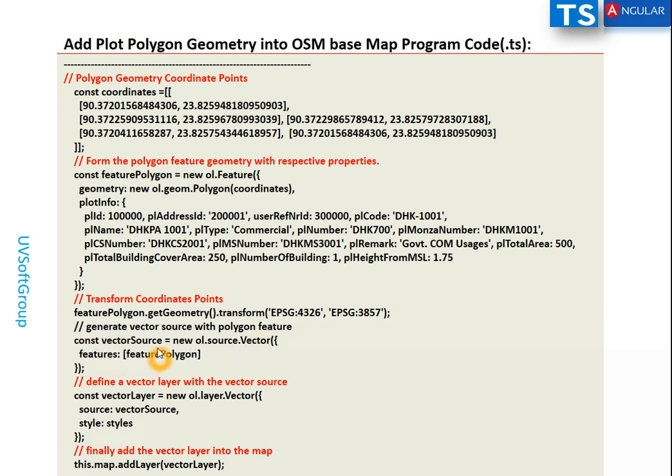I add the features, meaning this is the feature. I have a geometry and my own custom models. So the definition of vector layers with the vector sources, you see that it's clear, and finally add the layer into the map. So you see what I discussed in the last slides, all the respective classes that I define here,